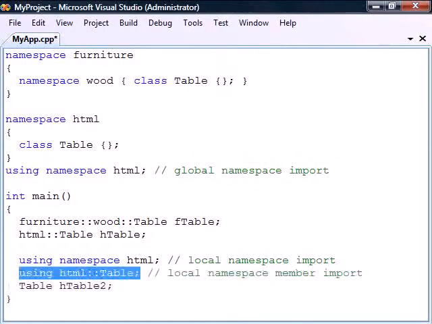If we don't want to have to type the fully qualified name, but also don't want to import the whole namespace, we can instead import only the specific members that we need from the namespace. This is done one member at a time with the using keyword, followed by the fully qualified namespace member that